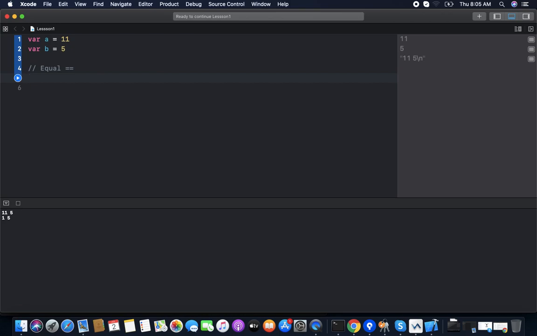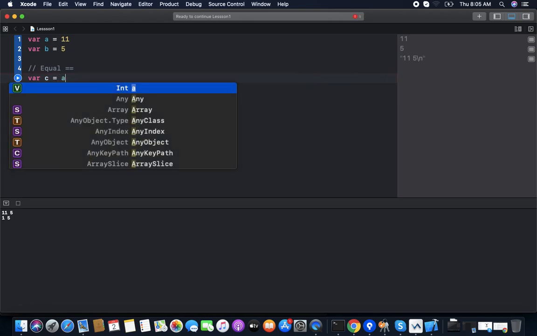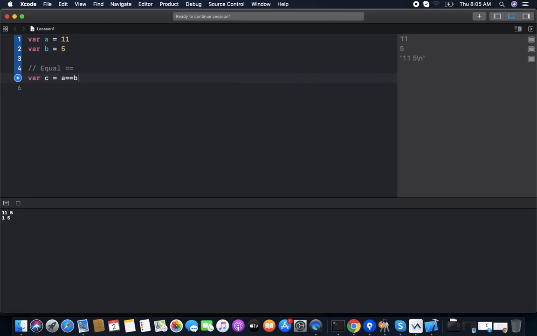For checking equality, we create a variable c, which is a bool value, and which checks only whether a and b are equal or not. So a equal to b. We are checking the equality and assigning the result, true or false, into c. And now print c.